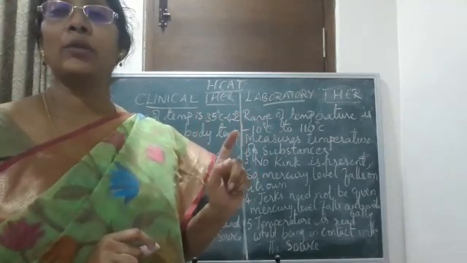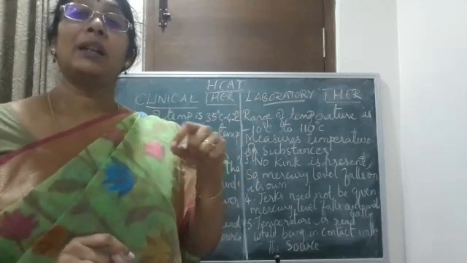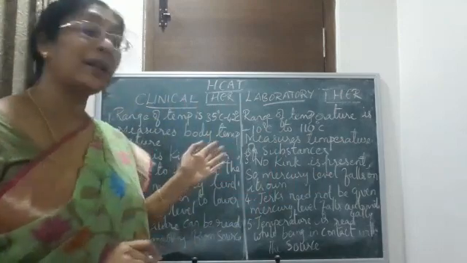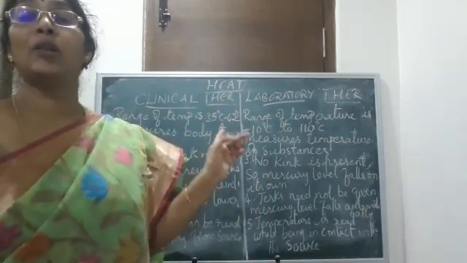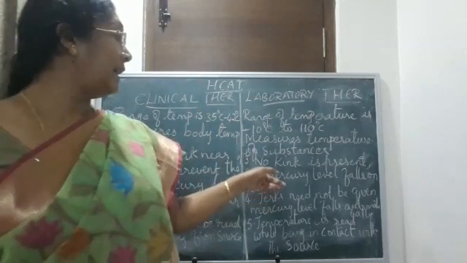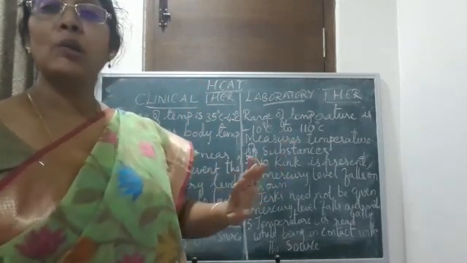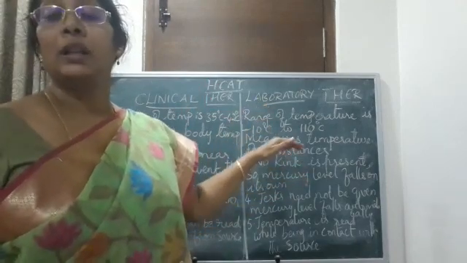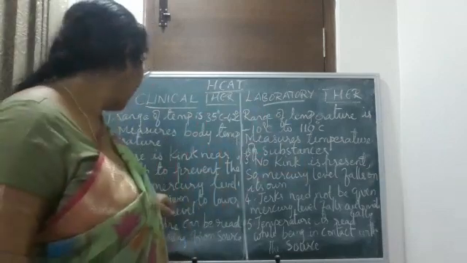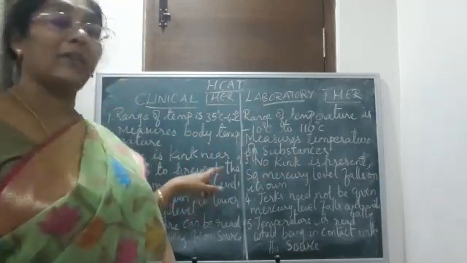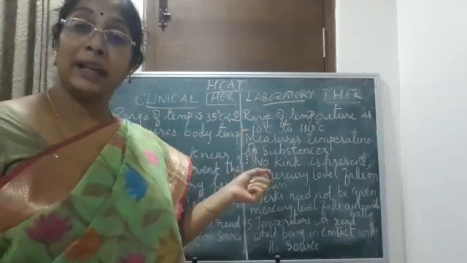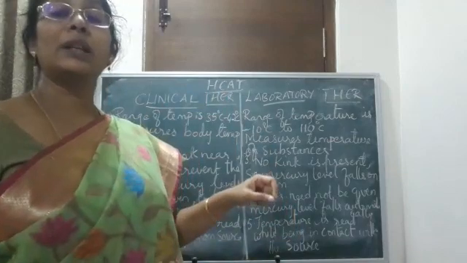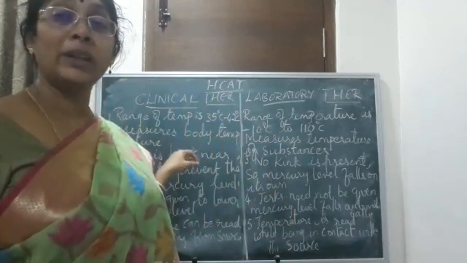It is because of that only that we can take the measurement after taking it out from the mouth. In a clinical thermometer the mercury level will not fall down immediately because of the kink. Whereas in a laboratory thermometer there is no such kink, so the mercury level will immediately fall down if it is taken out. Jerks are given to lower the mercury level. After use you have to rinse it and give a jerk so that the mercury level will come down below 35.